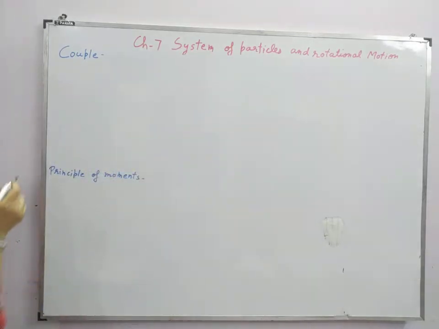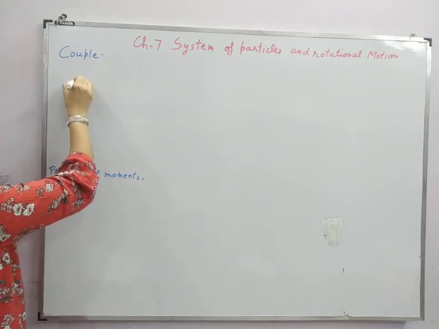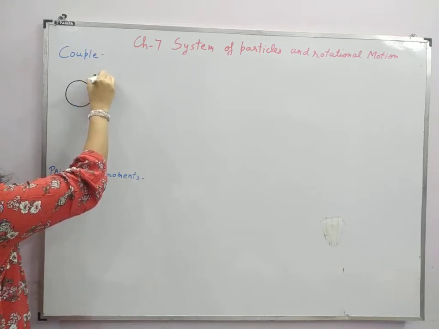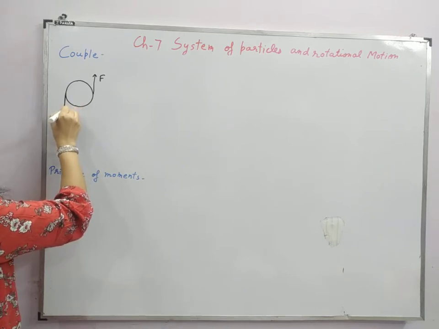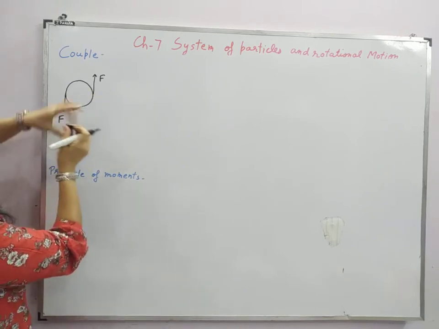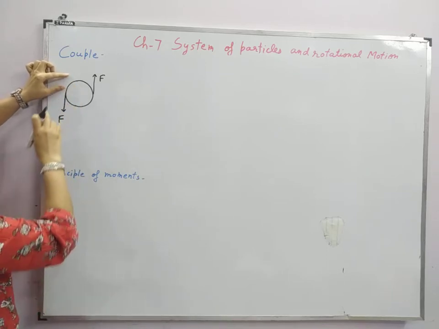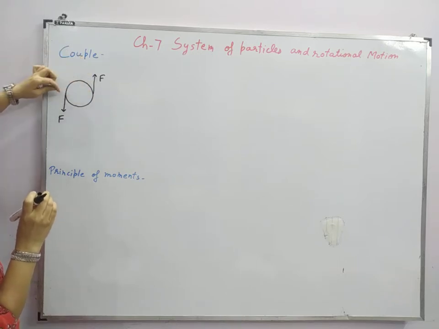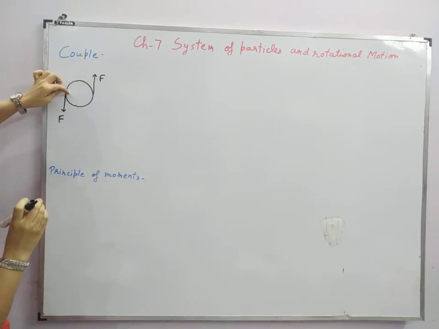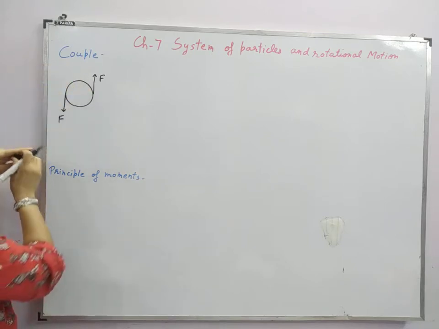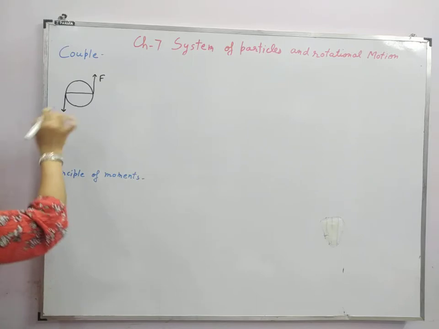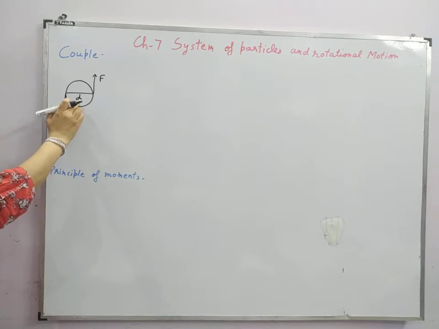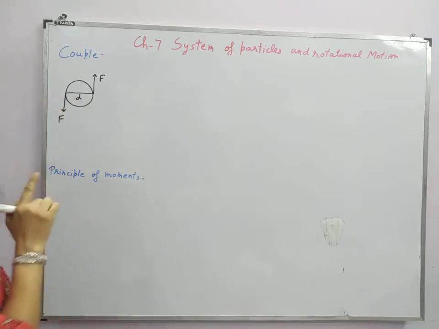So what does that mean? Let's take this example of the lid only. If this is the first force and this is the second force, and if this force would have acted here, then the line of action of the force is along a straight line. But if this one force is acting this way and this force is acting this way, the lines of action are separated by this distance. Here the lines of action are separated by d, the perpendicular distance between the two forces. So this constitutes a couple.